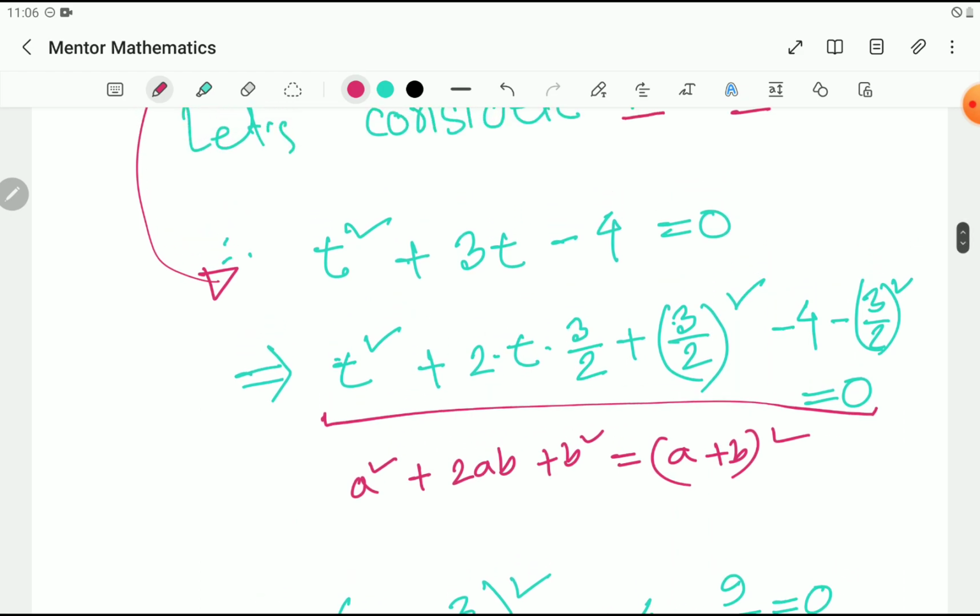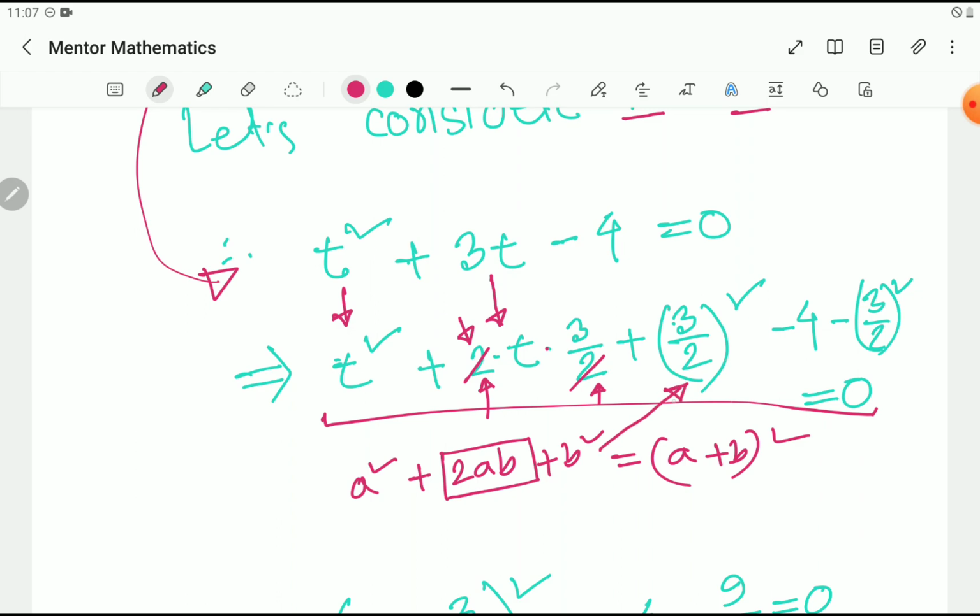So we wrote t square plus 3t in such a way that we can get 2ab. We put an extra 2 multiplied by t, then as we added extra, we divide the rest of the 3 by 2, then this 2 and this 2 cancel out and 3 remains. So at the end, 3t is the same. Just for making an equation, we write it like that. Then plus 3 by 2 whole square,